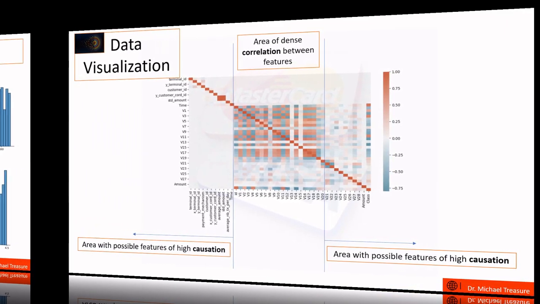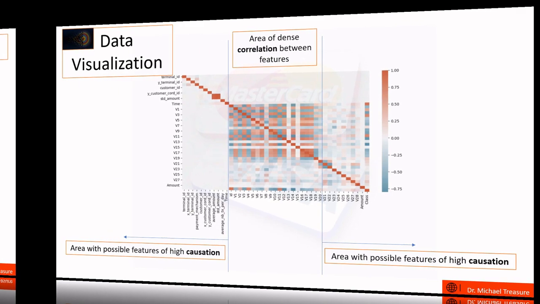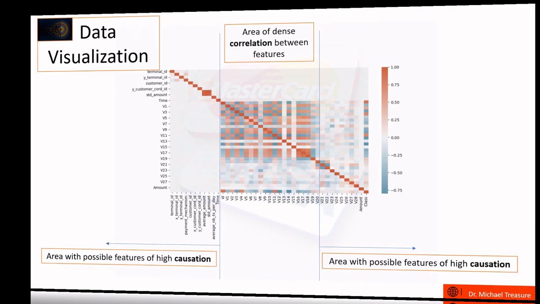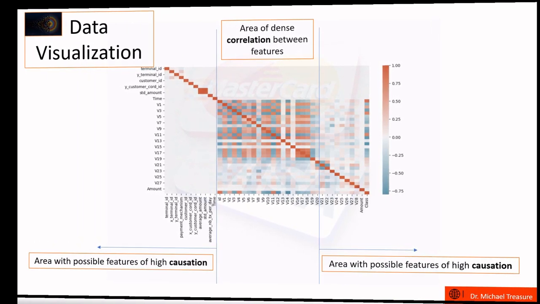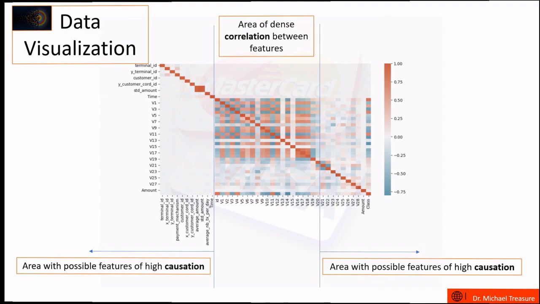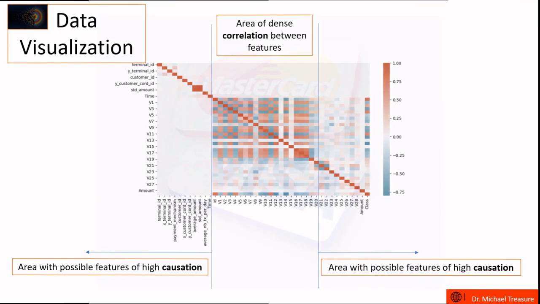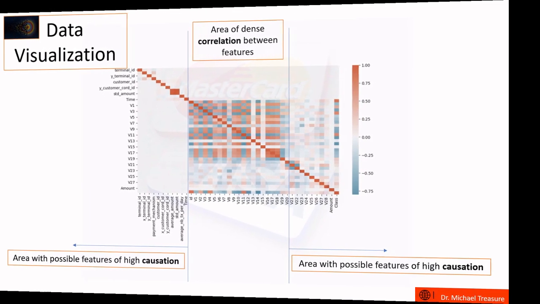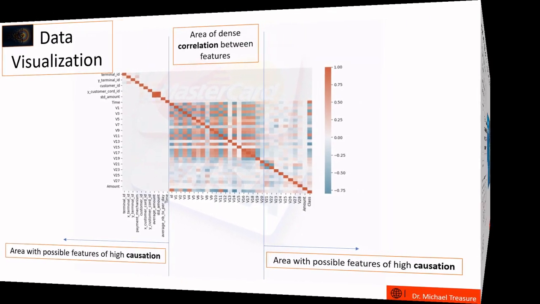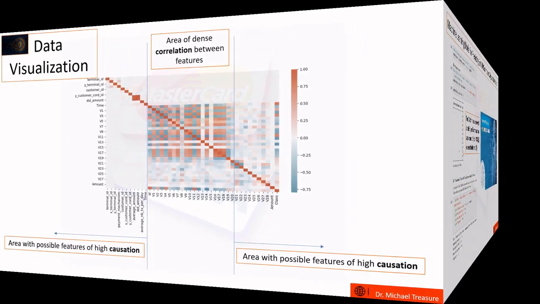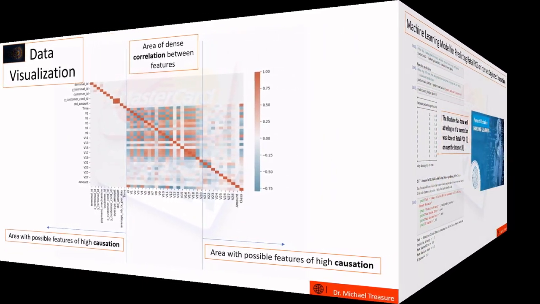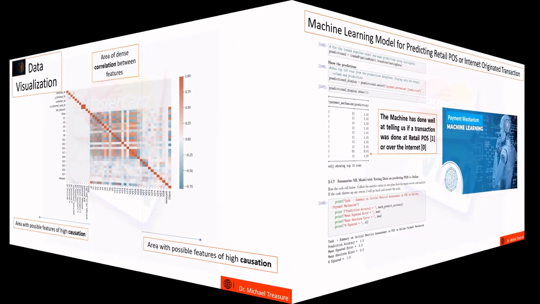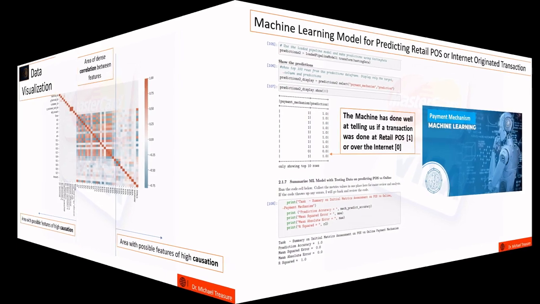Earlier, we did talk about this original dataset was transposed using principal component analysis, PCA. PCA is a method used in data analysis to reduce details but substantially maintain enough related information. I should also point out, although both the highlighted left and right areas of the map do not show a dense set of correlation, we cannot rule out that those features do not have a causation effect to fraudulent or non-fraudulent transactions.